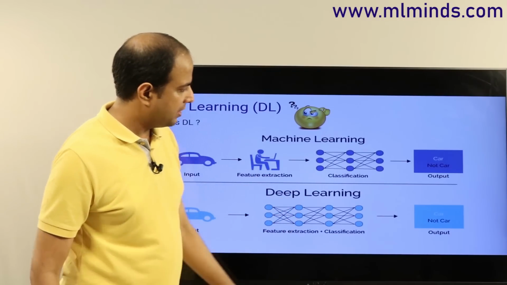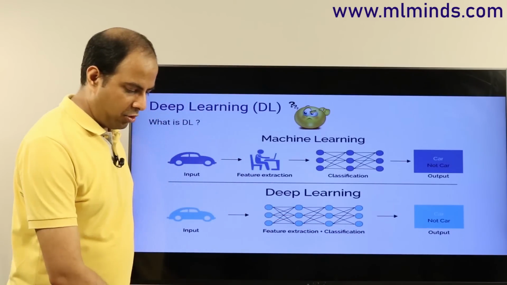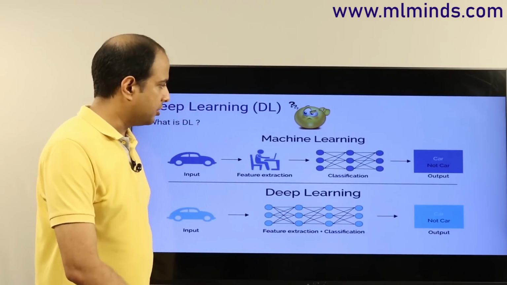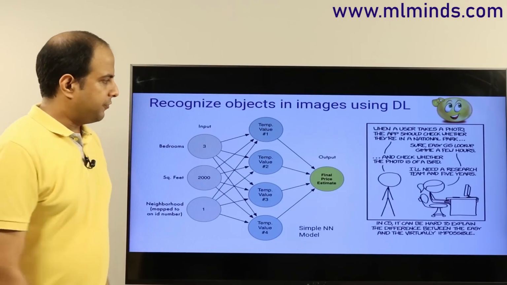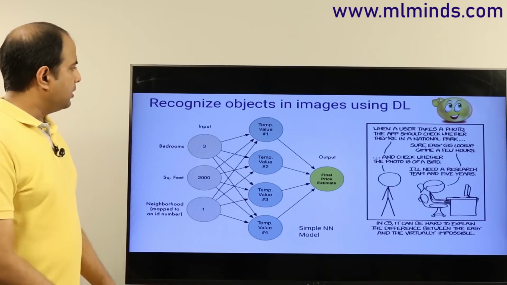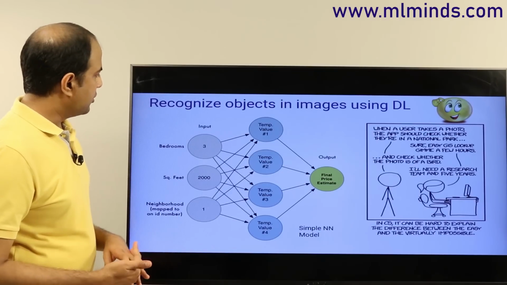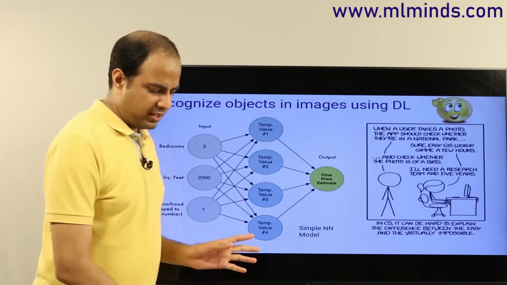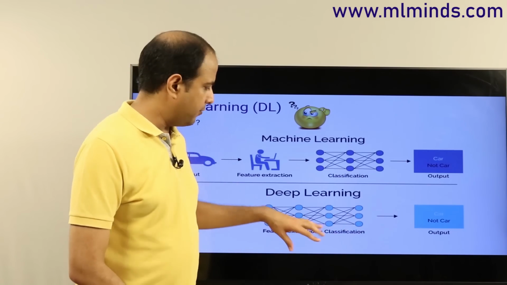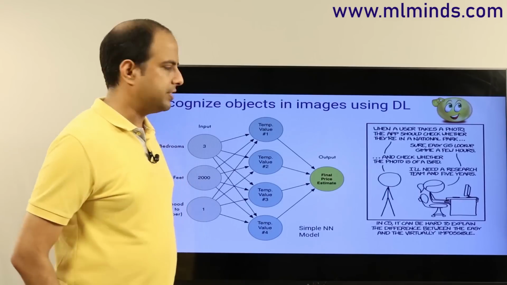for this task. And then it of course gives you the same kind of outputs, whether the image contains a car or not. So this is the difference between ML and DL. Now, as we said, deep learning is all neural network based. The deep in deep learning really stands for how many layers you have in your network. If you have lots of layers, it's called a deep network.